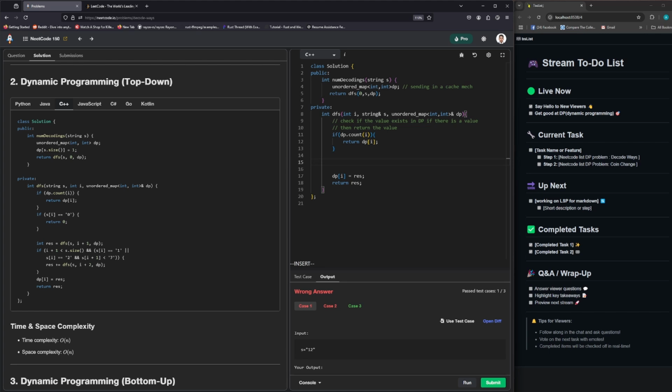And now the guy wants to say if x of I equal to 0, the given char is equal to 0, then return 0. Simple. I'll just say x of I equal to 0. Now and if the above